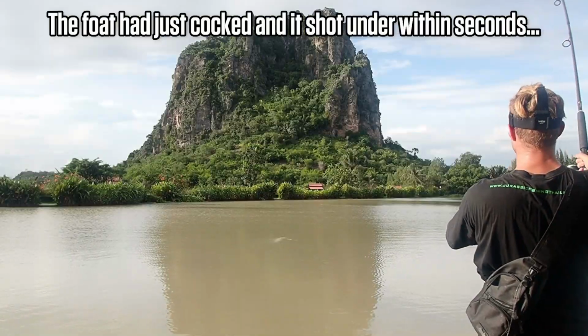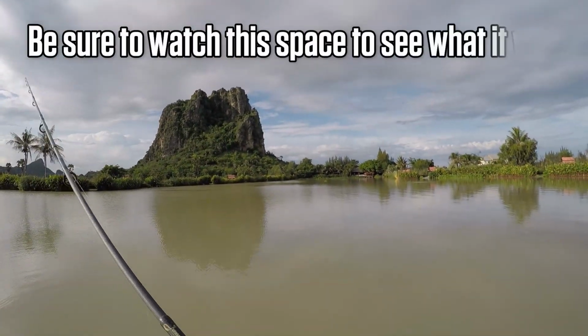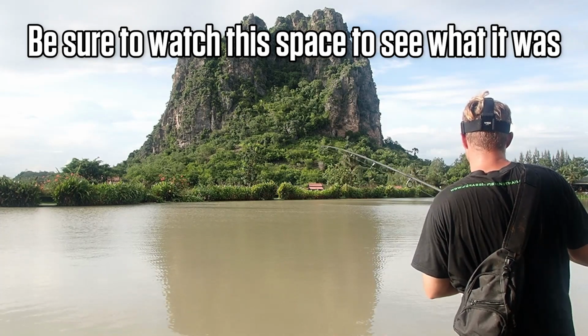There we are, fish on. You see that just took it straight away, it just cocked and it hit it. We're not sure what this is,